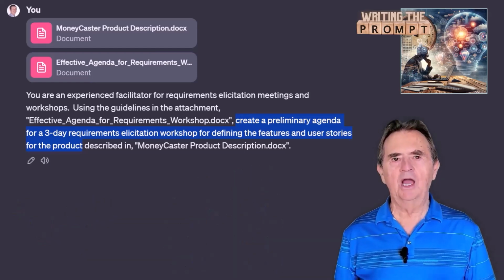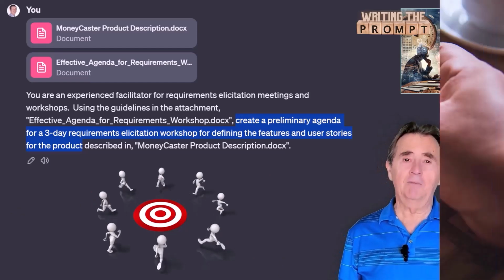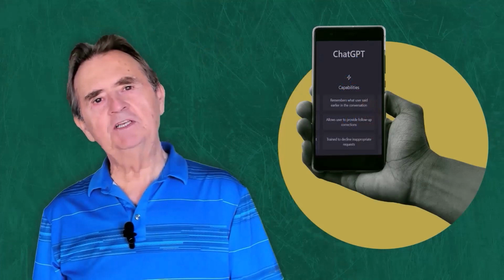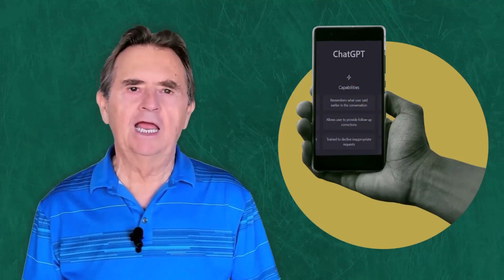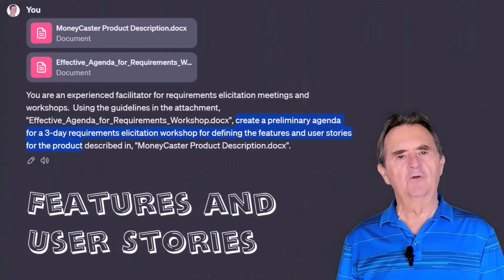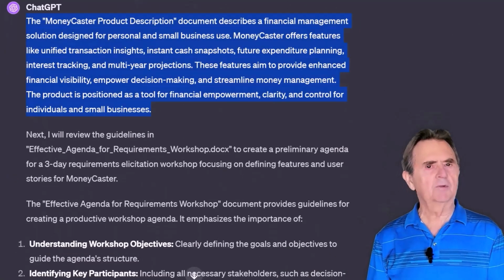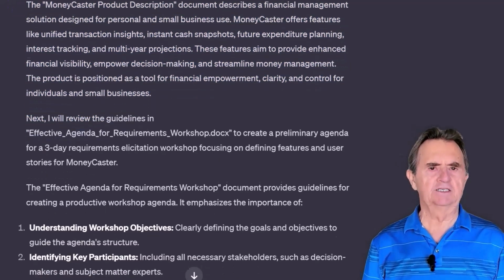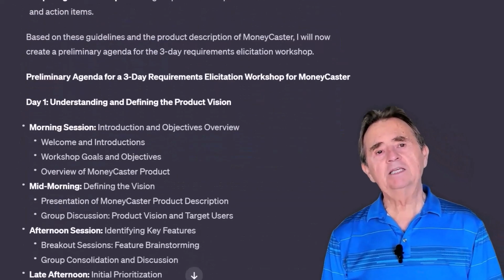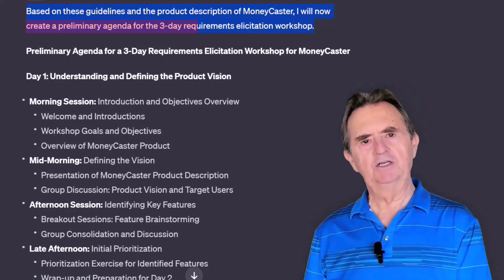Now, remember, you have to start with the end objective in mind, meaning where you want your workshop to end. Kind of like planning a trip. You need to know your destination before you pack your bags. With ChatGPT, we embark on this planning expedition, and we're going to ensure that every activity is a stepping stone going towards our goal, features and user stories for the MoneyCaster product. First thing our friend does is to confirm that it's read the product description by summarizing the content. Then it reviews the guidelines and confirms them by listing them with modified clarifications. I like that a lot. Next, it confirms that it understands the assignment by mimicking my own words, create a preliminary agenda for the 3-day